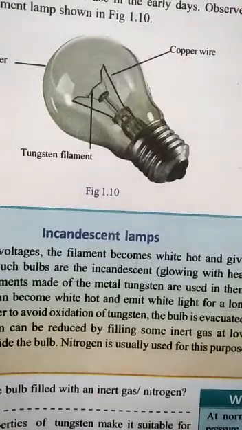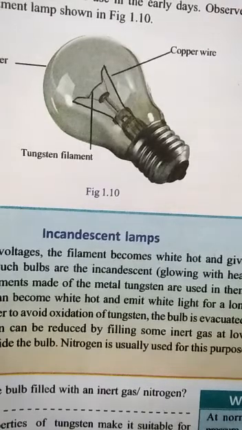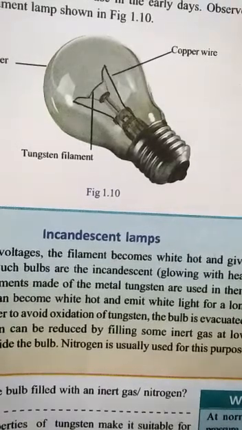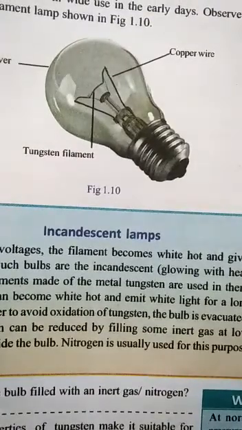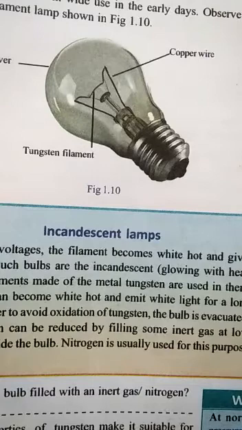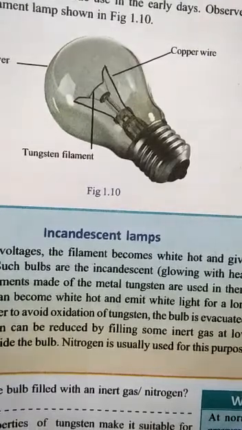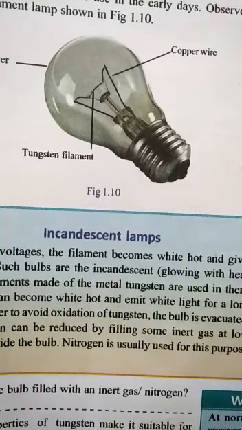Nowadays we are using different kinds of bulbs in our homes, isn't it? Some examples are LED bulbs and CFL, and earlier we were using filament lamps in our homes. All these bulbs function on the basis of the lighting effect of electric current. So let us discuss one by one.